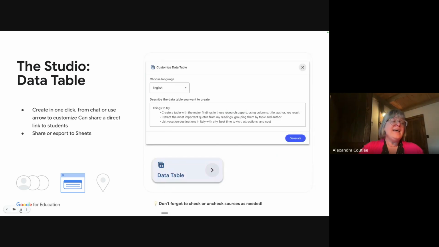And the final one is called data table. That one, I can't find another name for it that's more exciting. It is a data table and pulls your data, but it does a really good job comparing dates, comparing numbers, analyzing everything. And because it is data, it exports to Google Sheets. So if you have documents with lots of info and you want to compare and contrast things, it really works very well and exports to Sheets. Then you can do whatever you want with your Google Sheet after that.